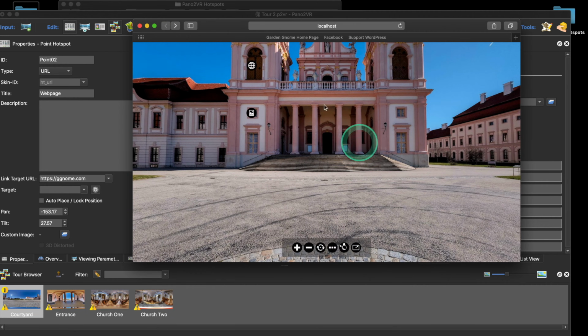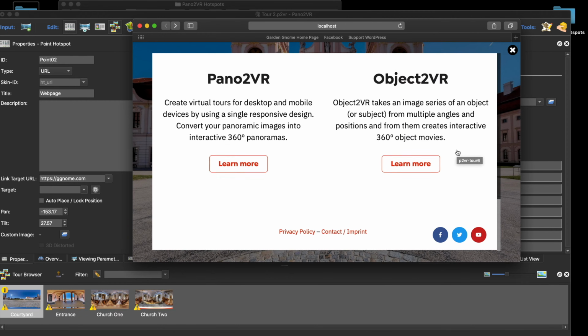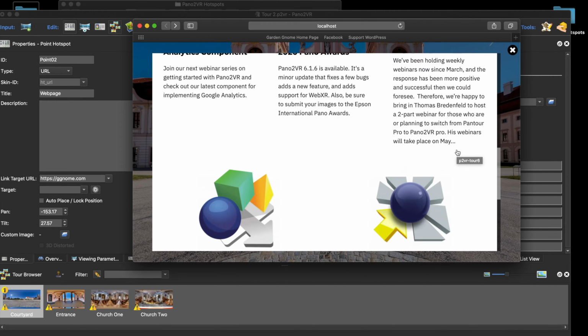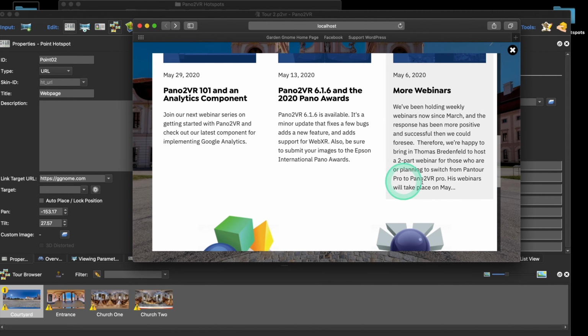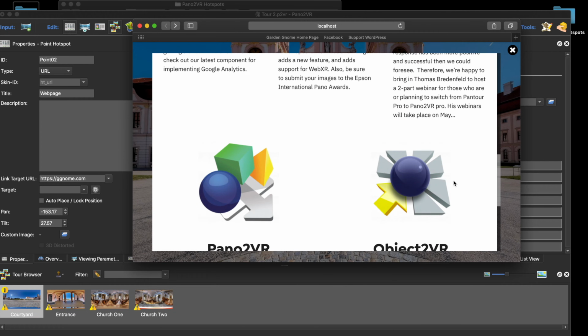So here it is. If I click on it, we now see the web page open here. So getting back to that question with the PDF, if you targeted your PDF, you should see your PDF here. So it's a scrollable page. The problem with PDFs is that I think on some mobiles, I think iOS, they don't like you scrolling. In that case,